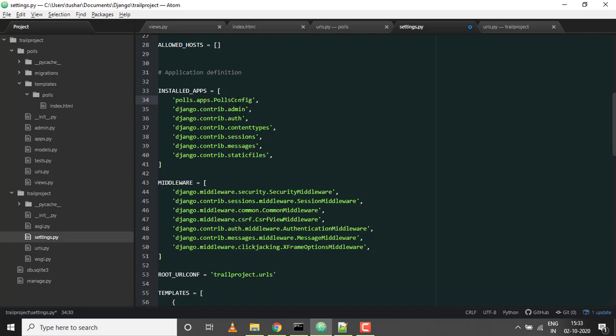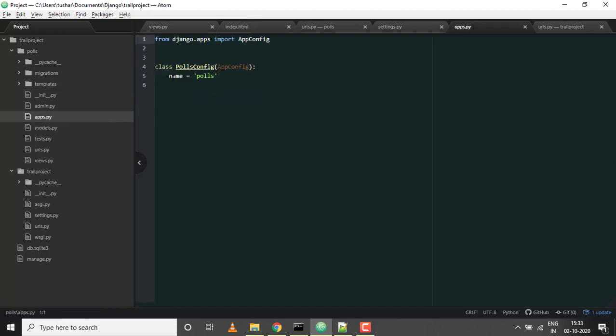This is the class where your project will look for your application. This class is found inside your web application itself. If you go inside your web application, there is a file named apps.py which has this class information. See, class PollsConfig. So your Django project will look for this class, and Django will be able to find your web application now.